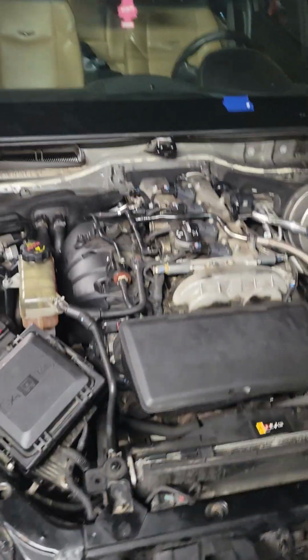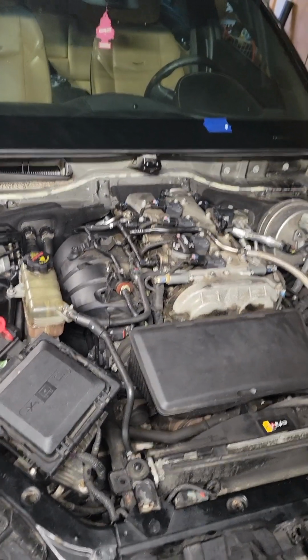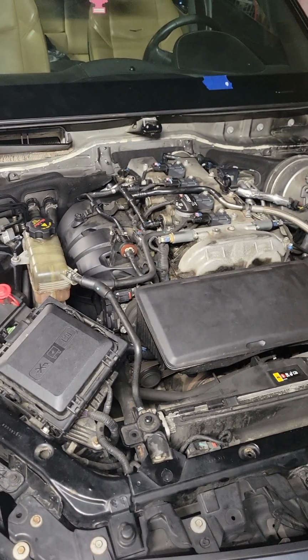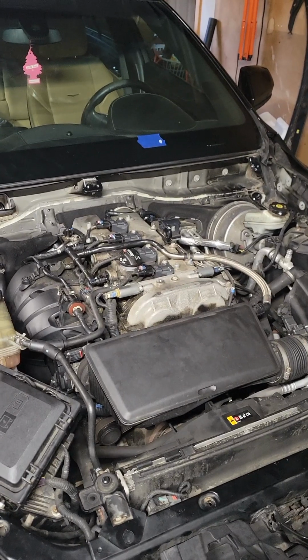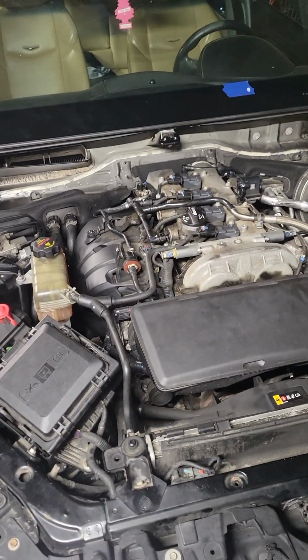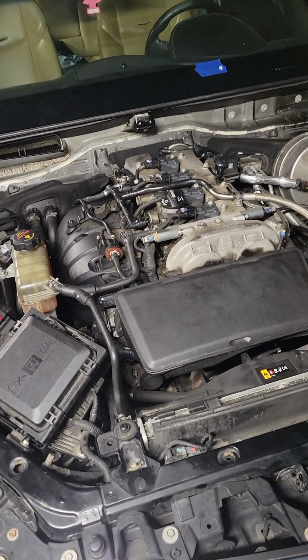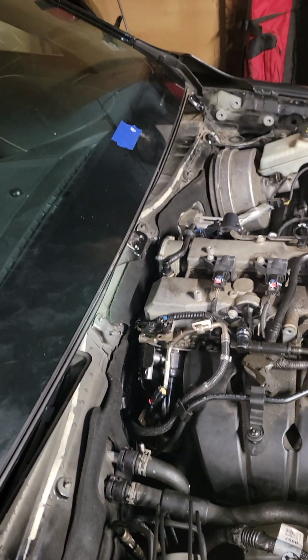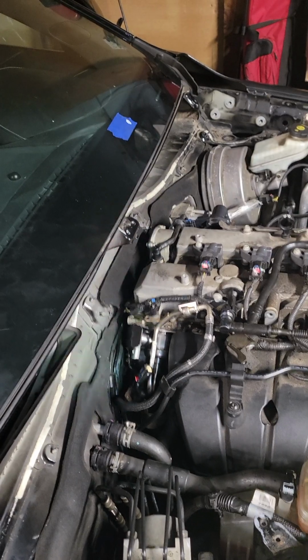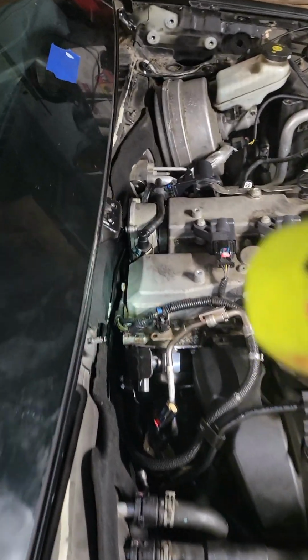All right, we got a 2014 Cadillac ATS. I think it's the 2.0, maybe the 2.5. It's the non-turbo, I know that. And if you are leaking coolant from the rear of your engine, or it seems like it's coming from the rear part, you probably either A,